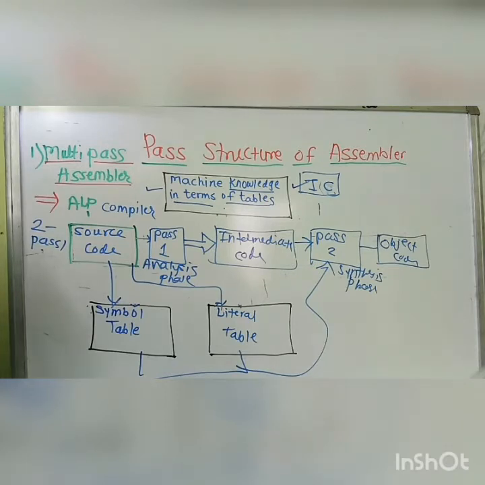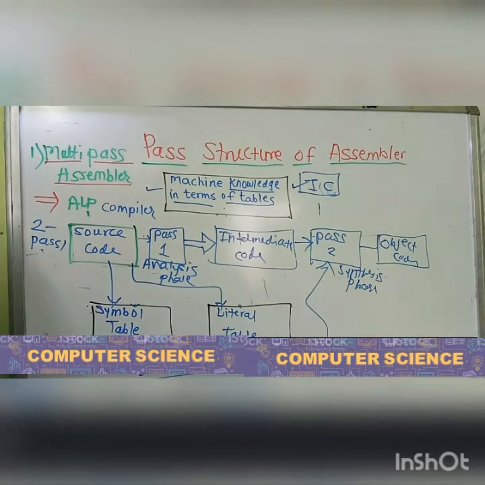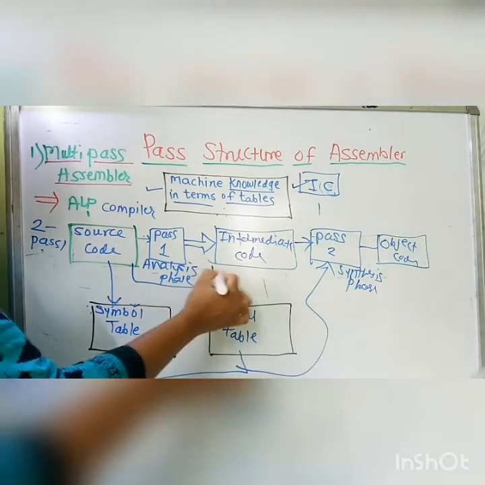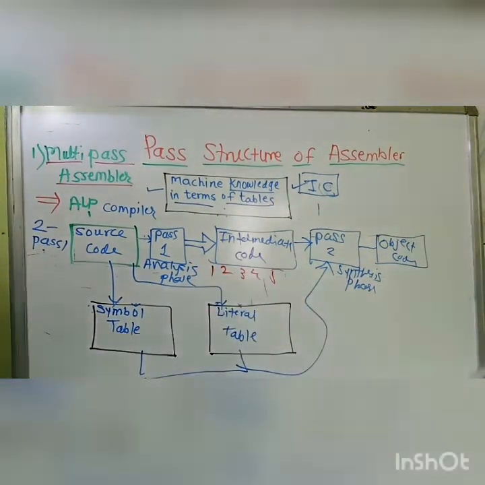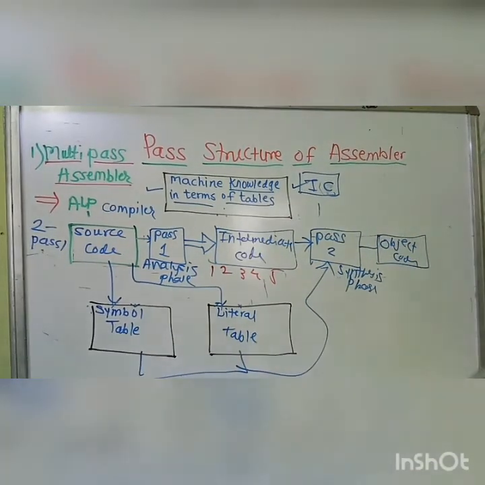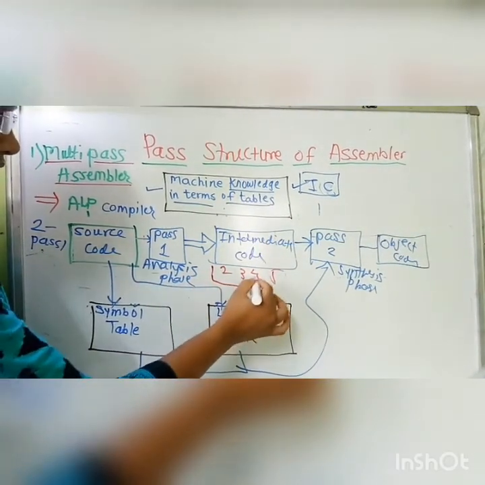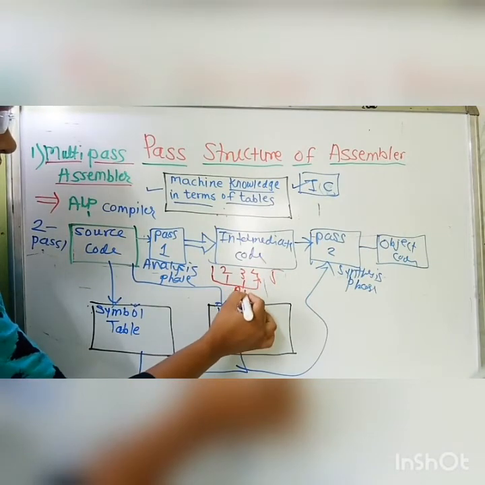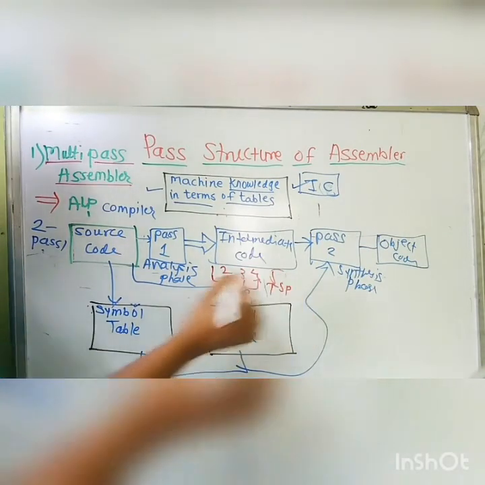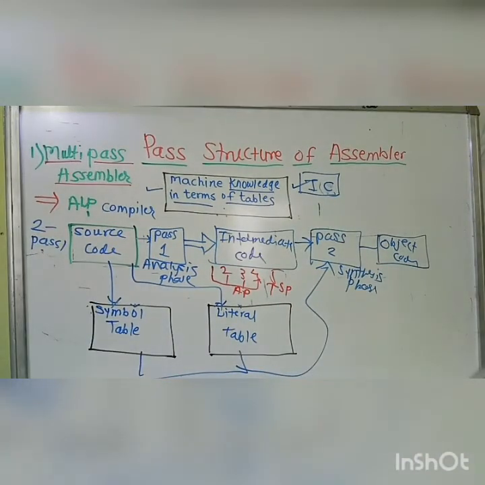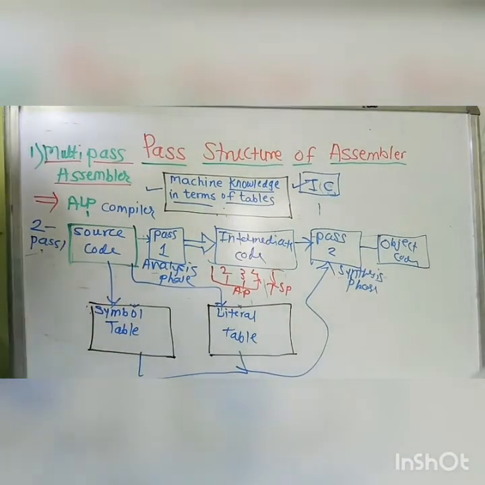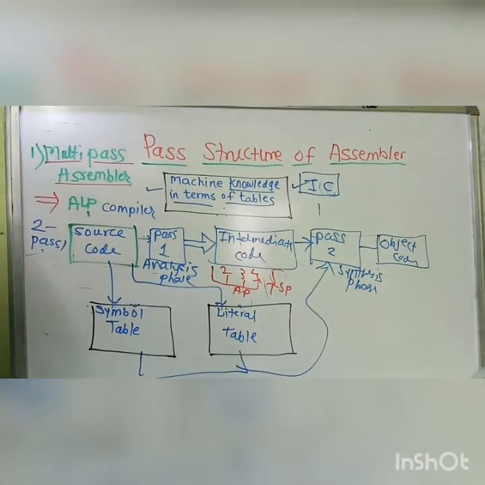We can list them as pass 1, pass 2 and pass 3. They perform some analysis, so they are called the analysis phase. Suppose you take 1, 2, 3, 4, 5 passes, then it is basically a multi-pass assembler. All stages till the fourth are known as the analysis phase, and the last phase is the synthesis phase of our assembler. How does it actually perform?